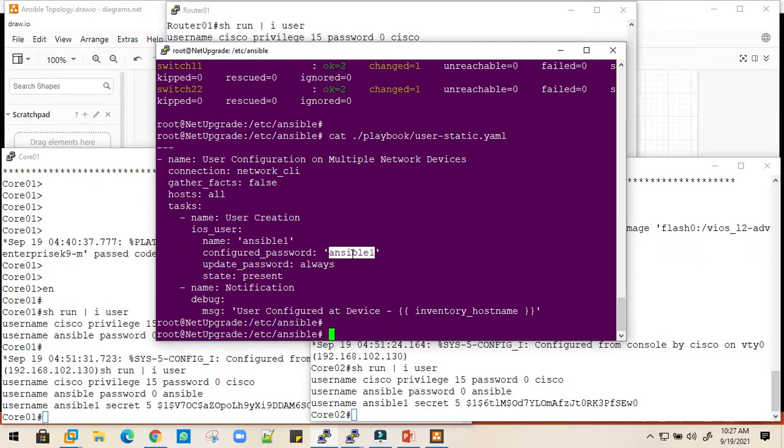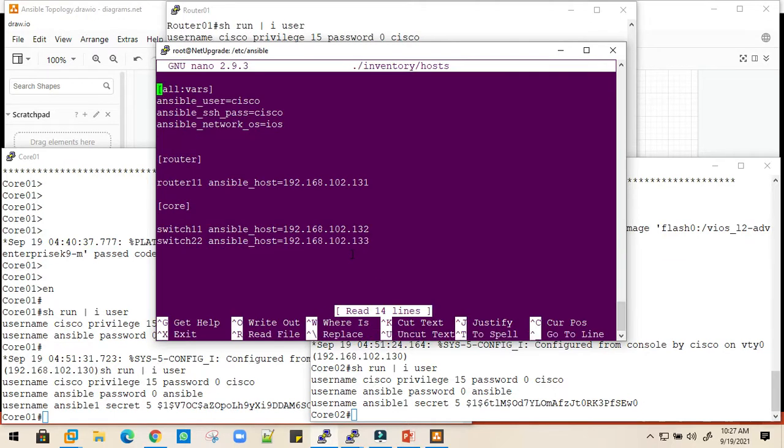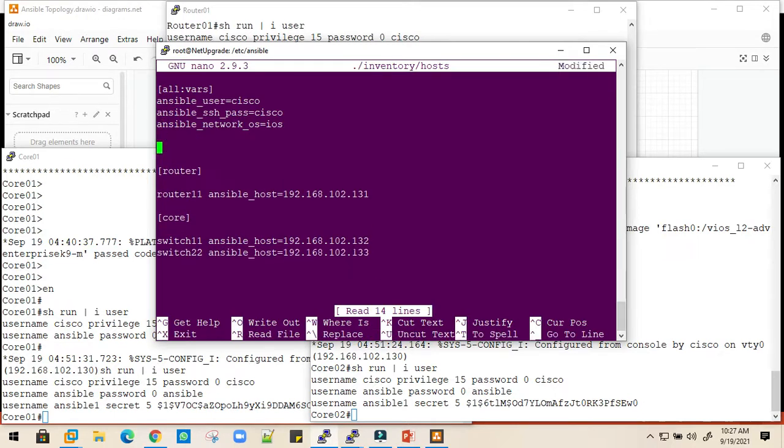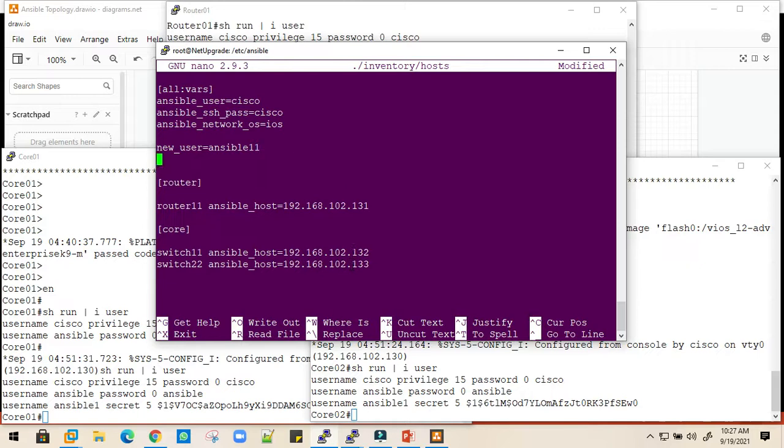Just for the example, let's jump to the host file, the inventory file, and say my new_user will be Ansible 11 and my new_pass will be Ansible 11.